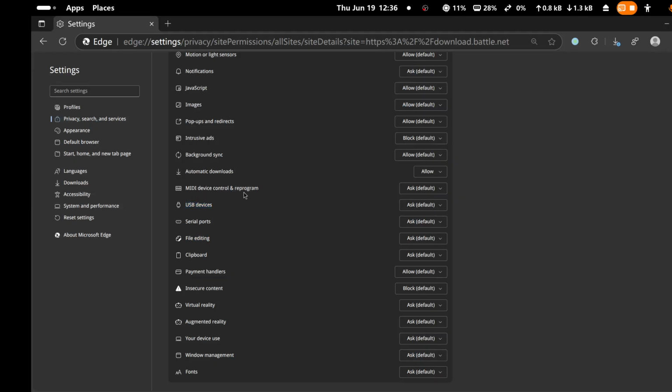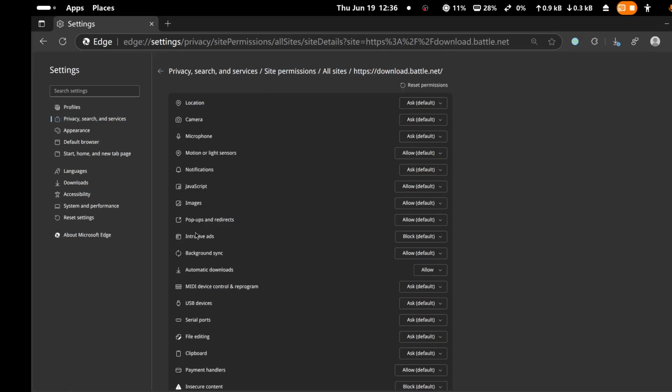MDMI control and reprogram. You can block intrusive apps, you can do background sync, you can do automatic downloads, you can do augmented reality, virtual reality. I think even Android doesn't directly support it, right? Maybe they support it, whatever. I don't know about Windows, they have the HoloLens API, but I don't think it's going to work. So you have virtual reality, you have augmented reality, you have device use, you have window management, you have fonts, you see just so many things that can be done